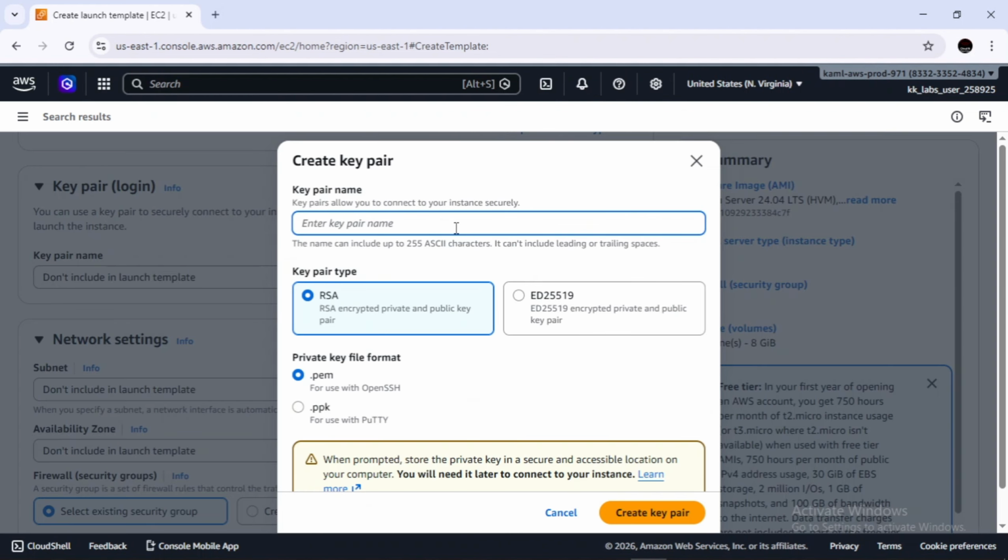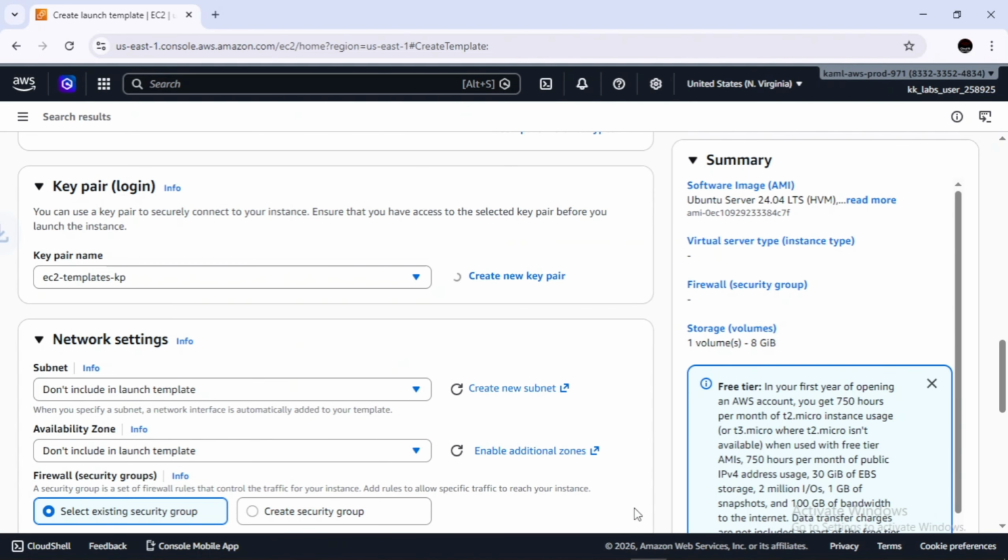The name of the key pair is EC2 templates key pair. With the help of this key pair, we will be able to SSH into every EC2 instance which will be launched via this template. Click on create key pair.